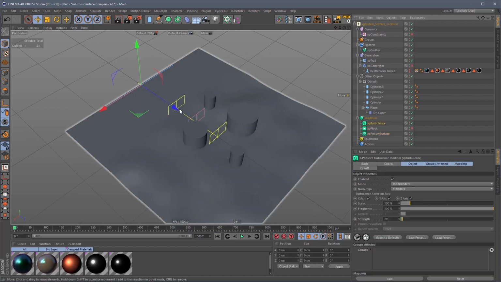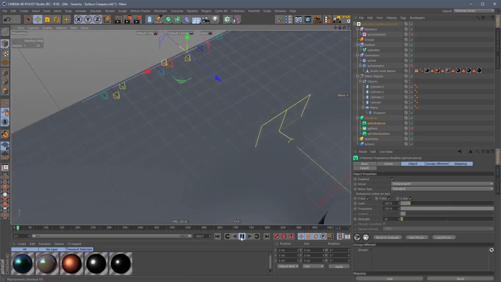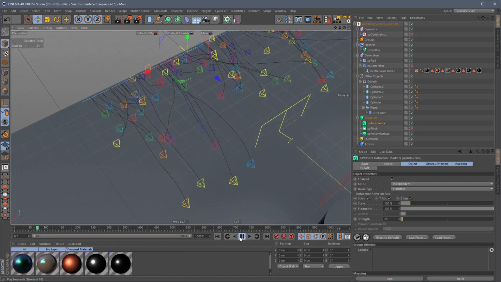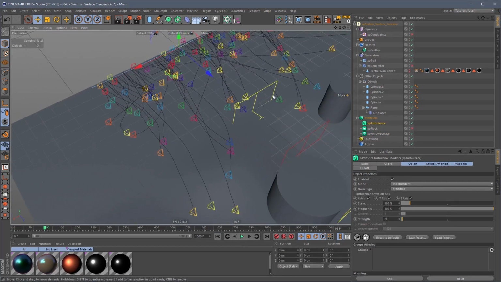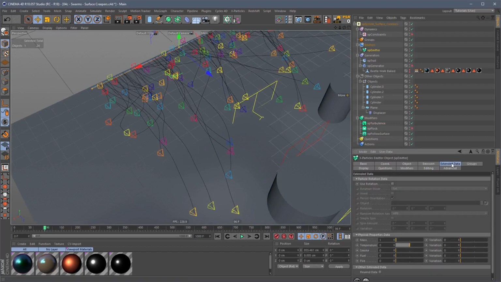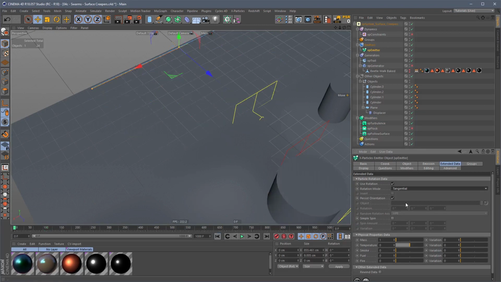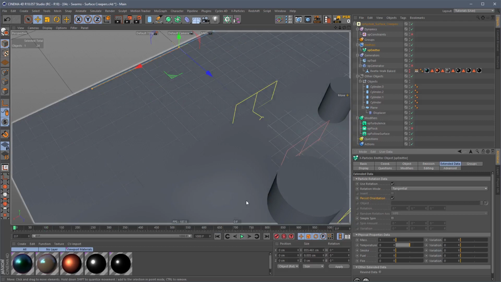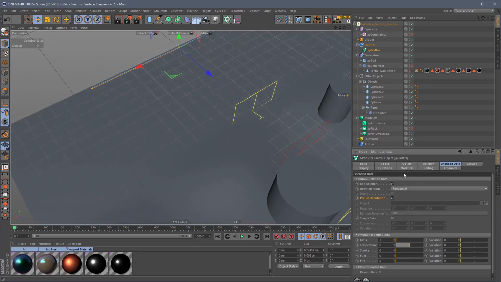We've got that down, but you'll notice, by the way, the particle directions aren't rotating as they should. So we need to activate that in the emitter. So let's go to the emitter, go to the extended data tab, activate use rotation, and change it to tangential. Now you also need persist orientation on, because if you're firing off the particles in all different directions from the start, say, let me turn off the turbulence,